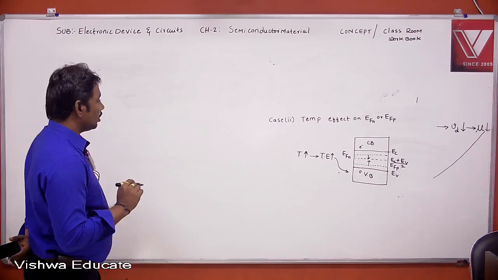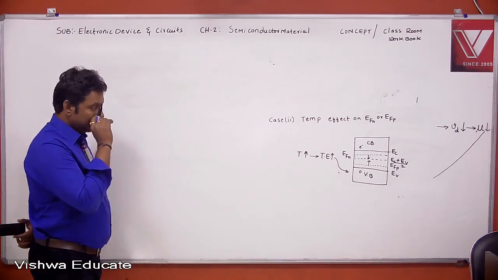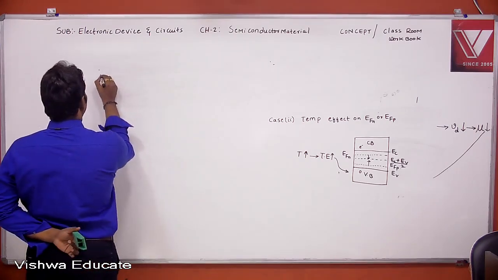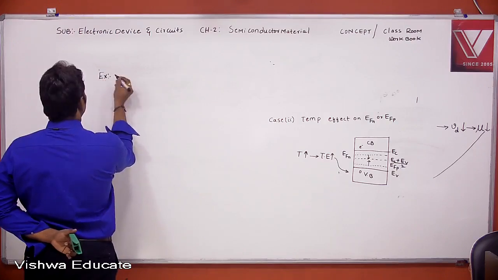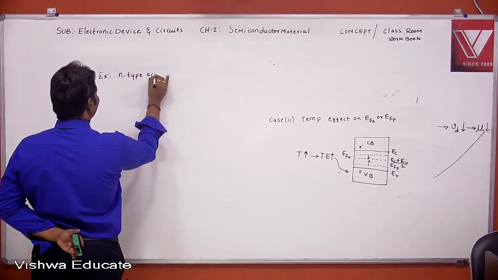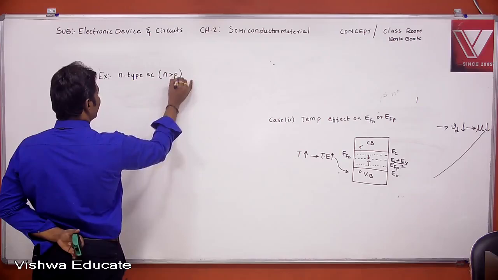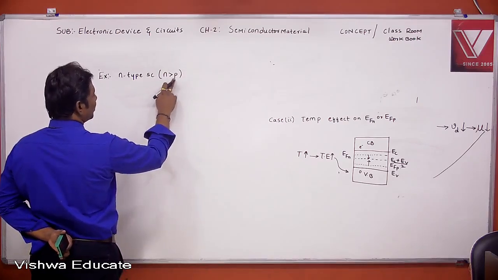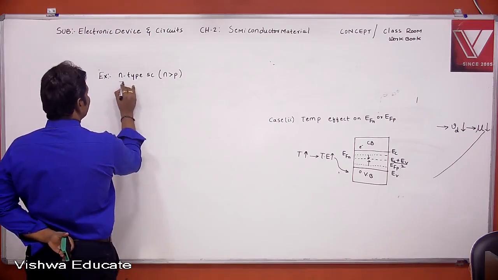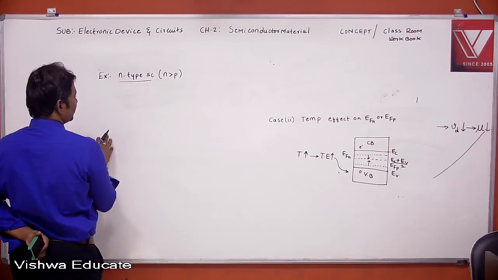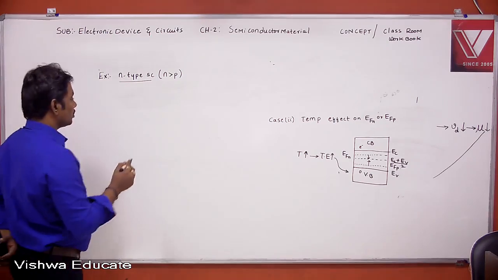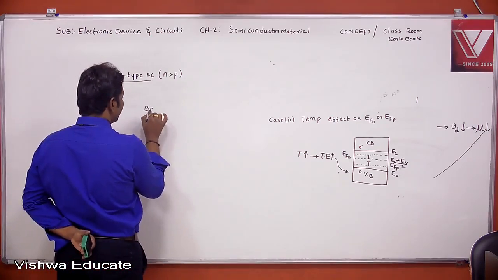Right. Here, how does an extrinsic semiconductor become intrinsic at very high temperature? Now, see this example. To explain this concept, I am considering an N-type semiconductor. Tell me, for an N-type semiconductor, what is the condition? The condition is n greater than p. N greater than p means the number of electrons is greater than the number of holes in an N-type semiconductor. This is an example of an extrinsic semiconductor. In an extrinsic semiconductor, the conductivity is due to two types of mechanisms. Already I told you, one is band-to-band transition,